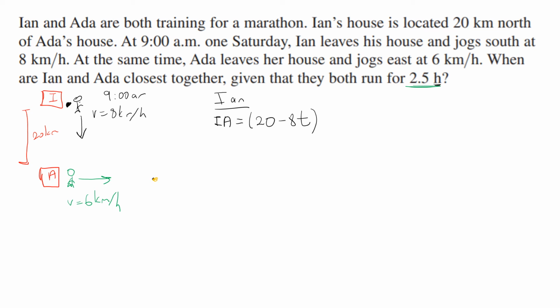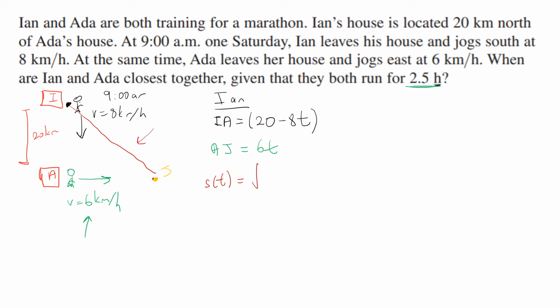So this point, she goes to, let me call it J, right? So AJ, I'm gonna call it A to J. I know she goes for 6 kilometers per hour, so I can just say it's 6t, right? So since I know they're apart in this distance, I can find the distance between them by representing it by st, because s represents the position and t is my hours, by finding the value of this, which